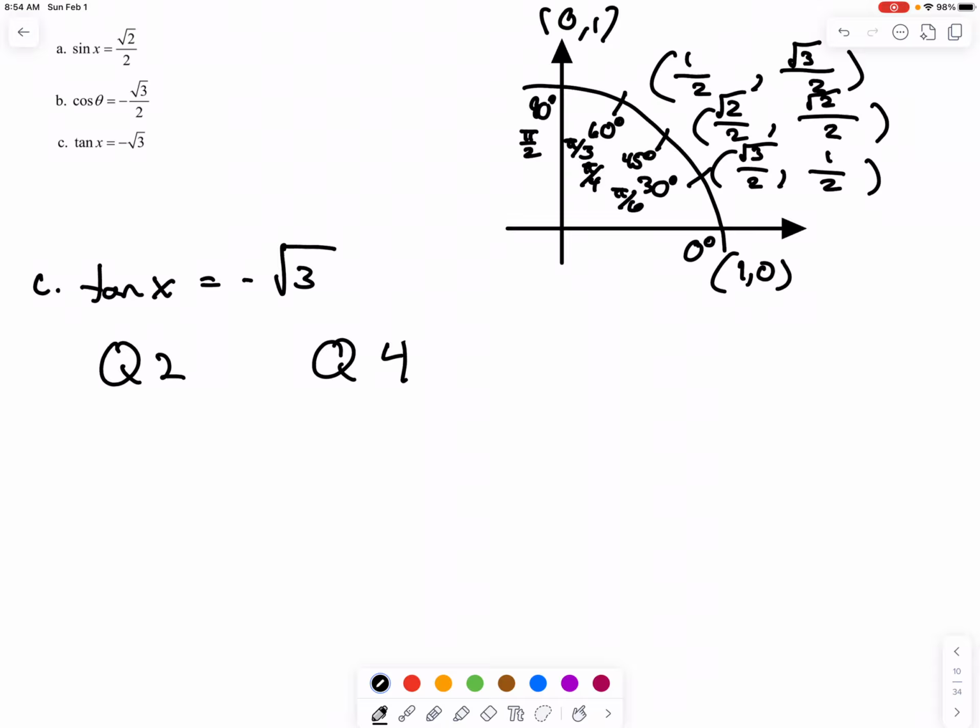So we said whenever we're 60 degrees off the x-axis, the radian measure there is going to be what? Pi over 3. So if we want to be in quadrant 2, we're going to say pi minus pi over 3. That should give us the quadrant 2 solution. And we can say, if we want the quadrant 4 solution from 0 to 2 pi, we can do,